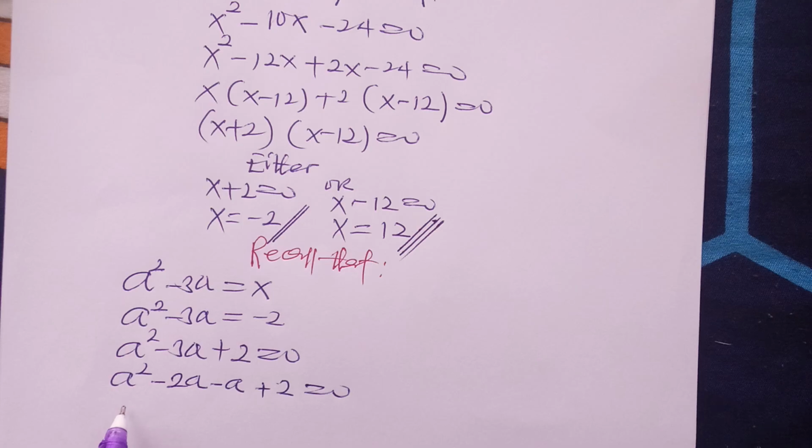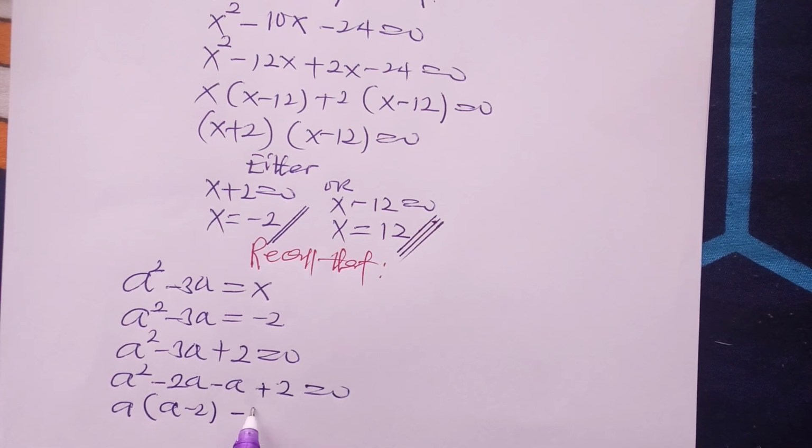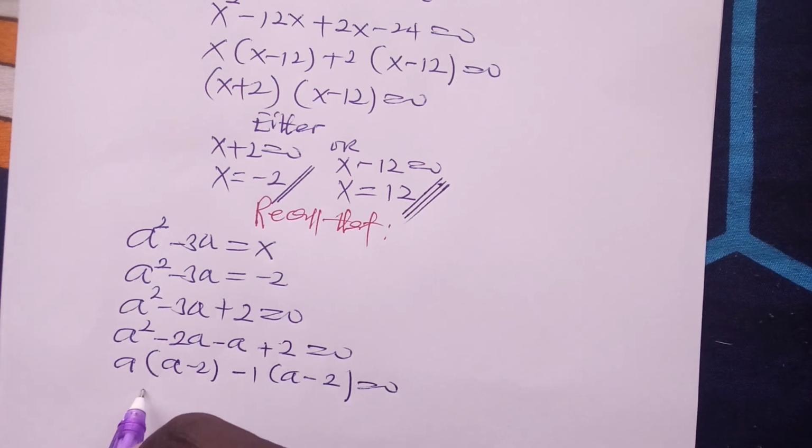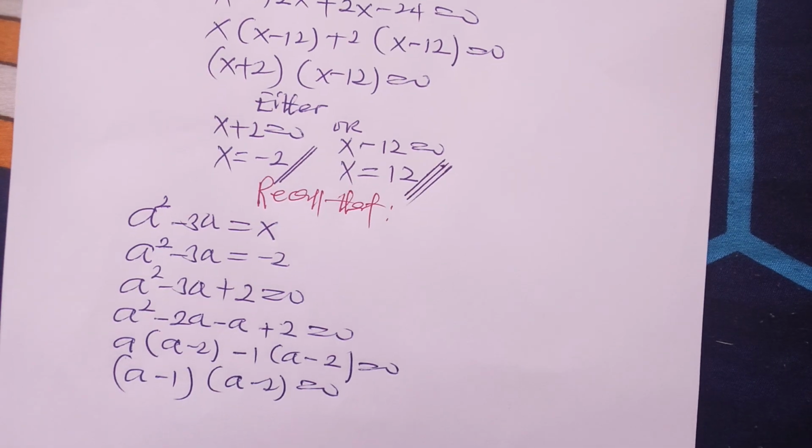Now we group them again. We say a is outside. What remains is a minus 2 minus 1 into a minus 2, then everything becomes 0. Then we can say a minus 1 into a minus 2 equals 0. Then either